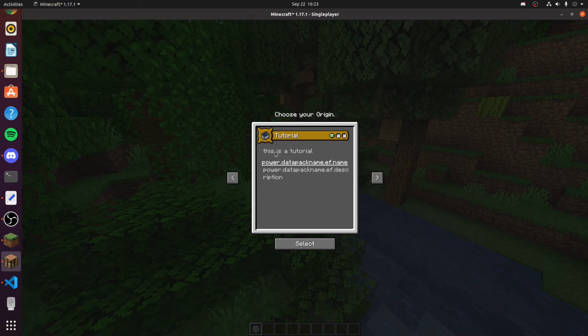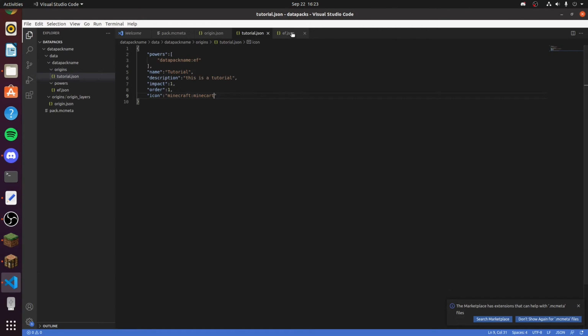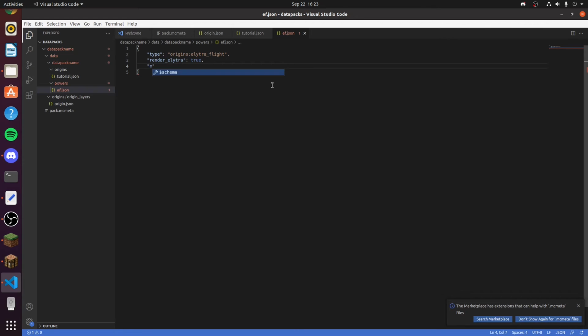Now you're probably wondering, well, can we change this? And yeah, so you can also do the same with a power. So that was saying something about power, then we can also change it here. So name, we can name it gift of flight, and the description,